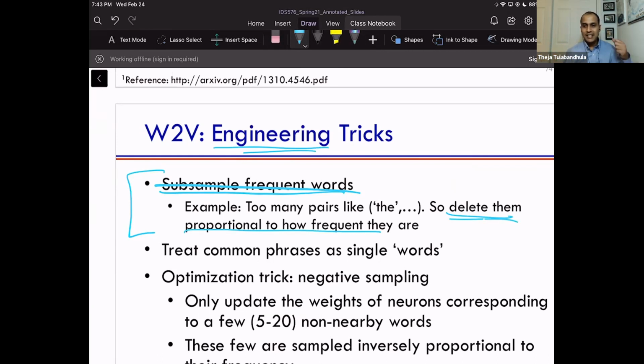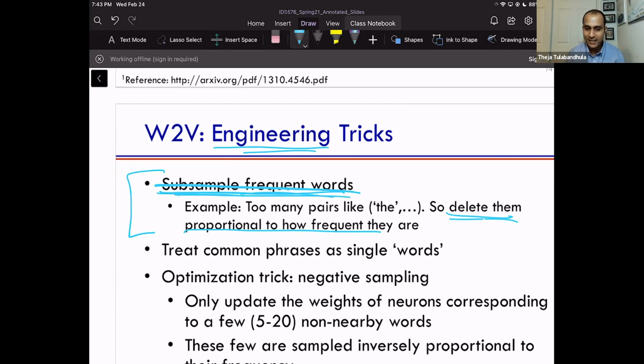So they keep counters of how many times they saw a word, and the next time they see that word, they flip a coin whose bias depends on how many times you saw the same word before, and you drop it. I imagine there's a ton of ways to approach simplifying the data set, a bunch of design decisions. I was just curious if they did anything at all. Okay, thanks. Exactly. So this seems like a somewhat weird way, but there are different ways to deal with this imbalance.